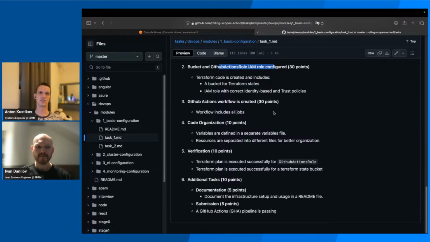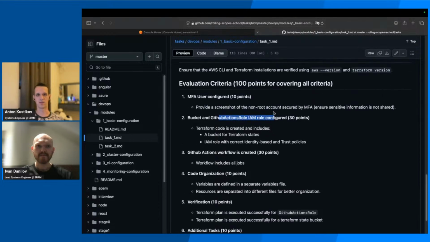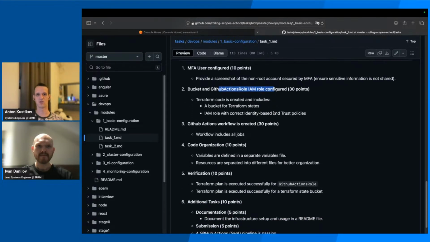So as a best practice, we encourage you to use meaningful names for your files. For example, VMs.tf, and this file you would use to create the virtual machines. VPC.tf to create the virtual private networks inside AWS. And the same for the rest of the resources. In this task, I think we would only talk about the S3 buckets,